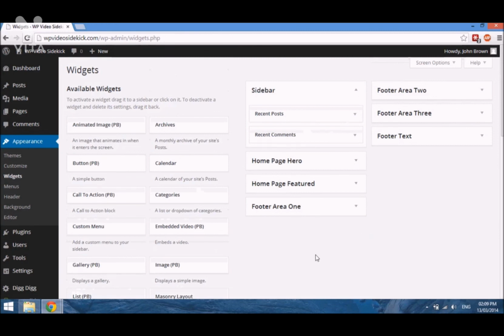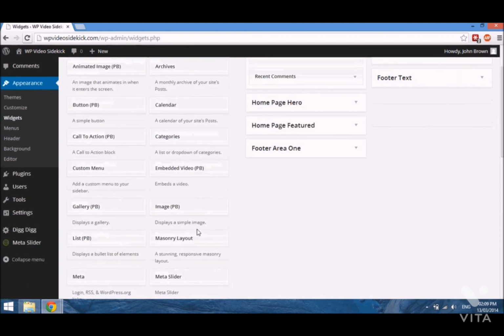So essentially, even if you don't use it to build pages, you could just use it to customize your widget areas. For example, if you wanted to add an image or some embed code, such as a video, or if you wanted to add your autoresponder, then you'd have to use